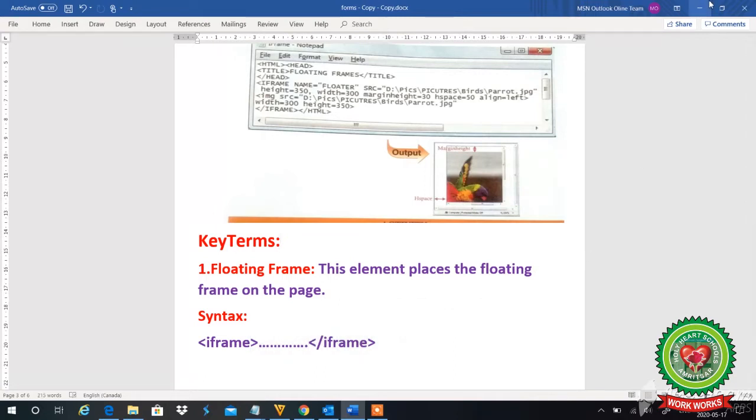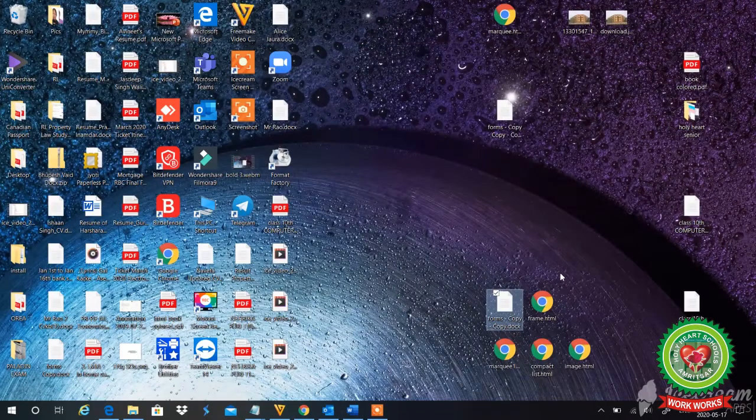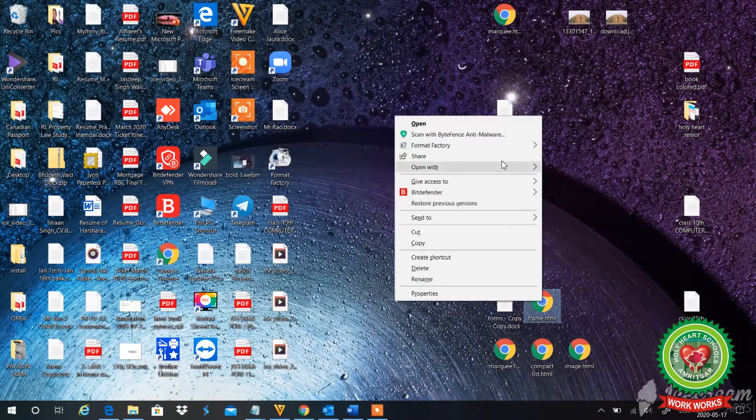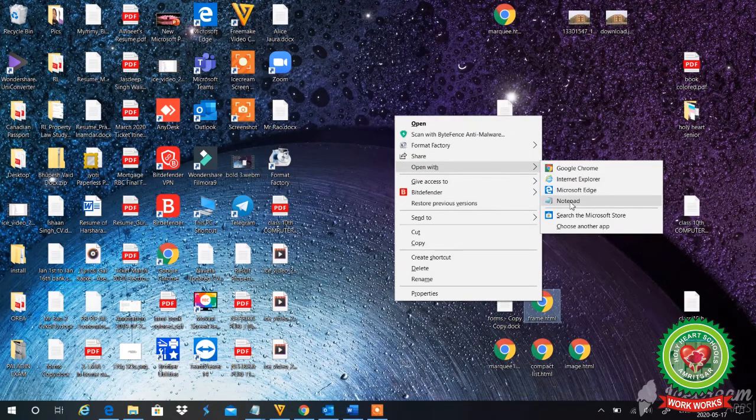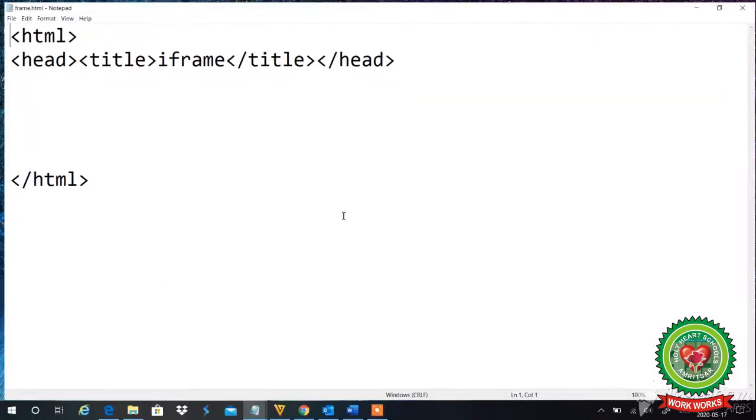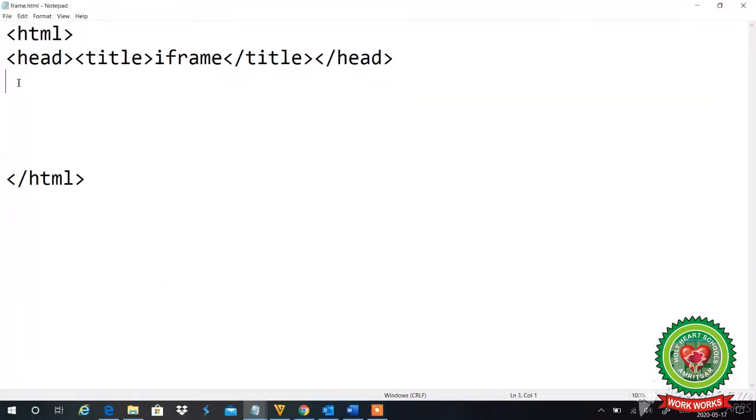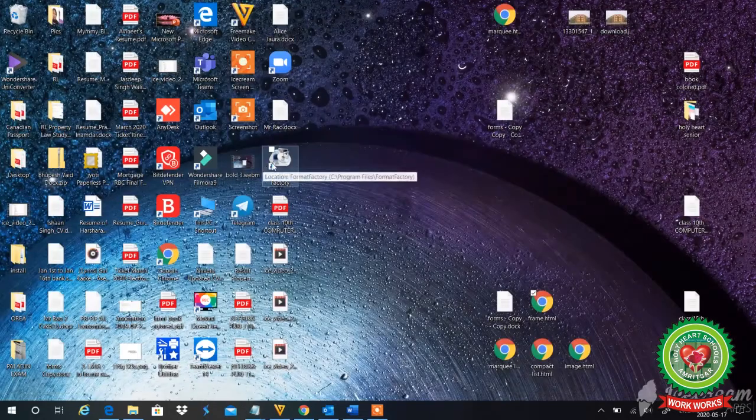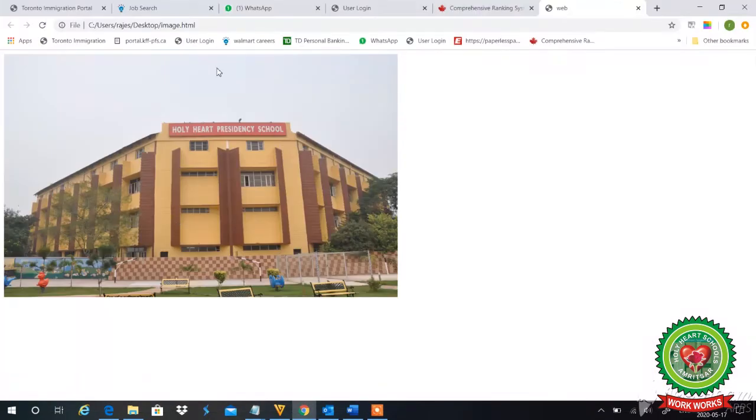Now till this we can see it practically. For that I will open my notepad and after the head I will write iframe, src means source, double quotes. Now we will copy the path of any web page or image. Let's suppose I want this image.